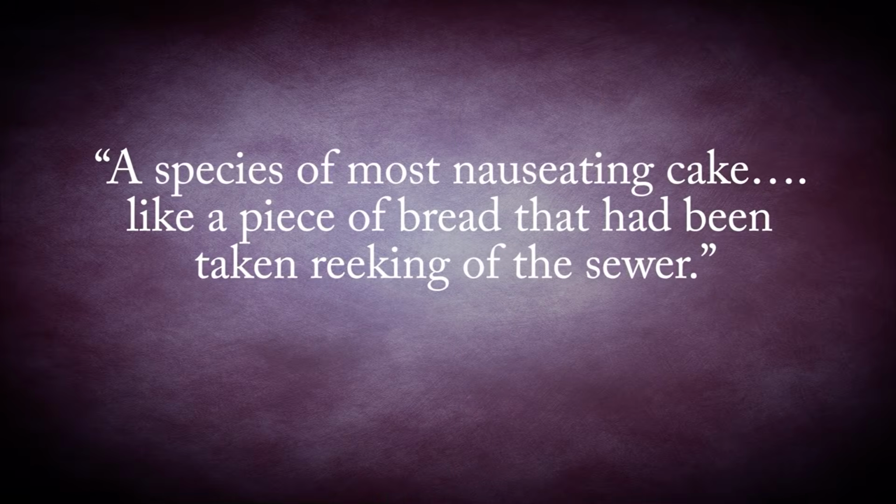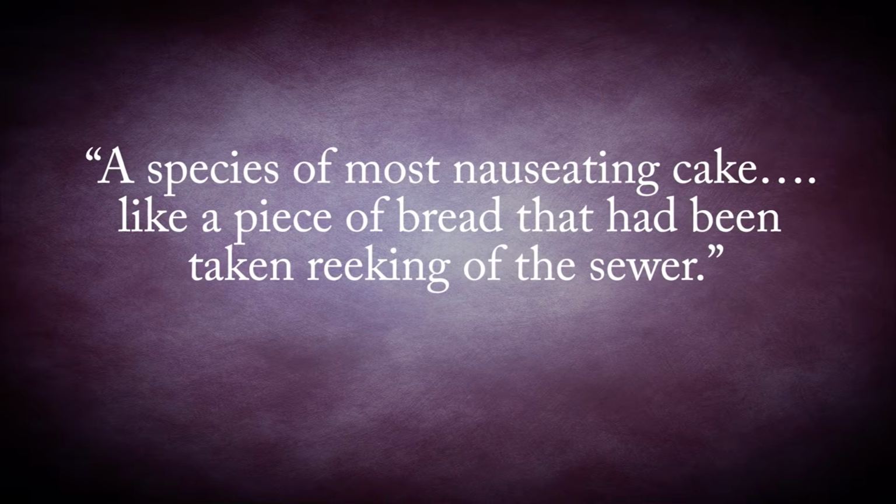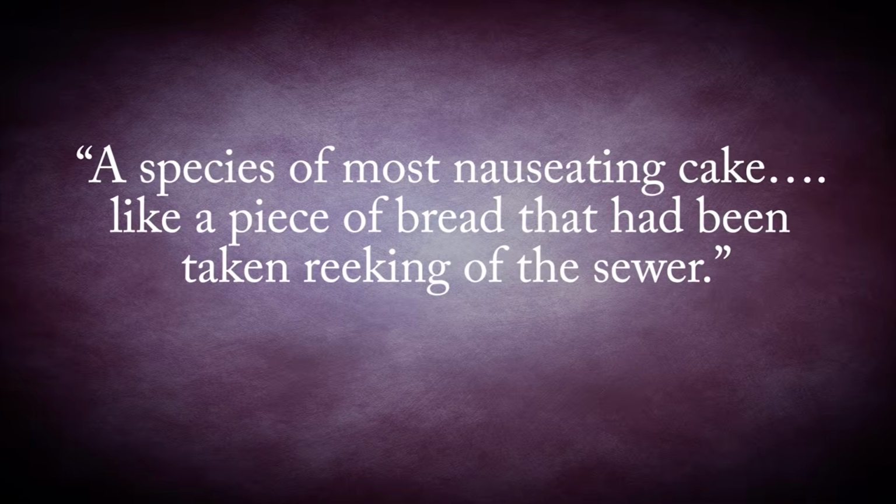A species of most nauseating cake, like a piece of bread that had been taken reeking of the sewer. This sentiment about pizza seemed to be the norm for quite some time among the affluent. As to how it spread to be a popular dish among those who weren't poor, a very popular myth, of